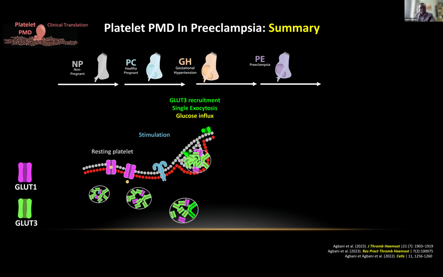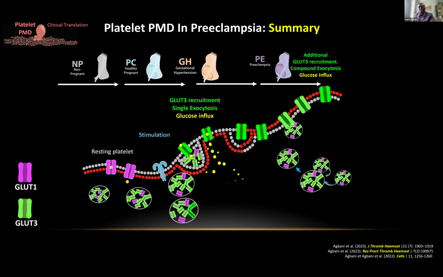happening. But when there is stimulation, this then allows the alpha granules that are carrying both GLUT1 and GLUT2 and are proximal to the membrane to move towards the membrane, fuse with the membrane, lead to the expression of GLUT3 on the membrane, and then that results in the influx of glucose into the platelet. Now, the influx of glucose is providing more energy for the platelet, which then allows the platelets to repeat